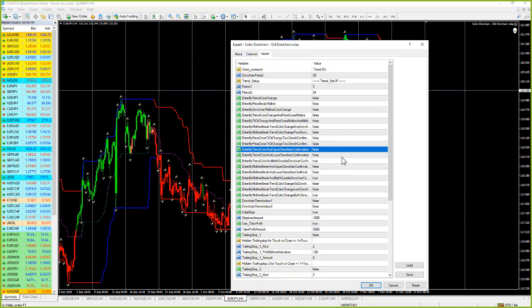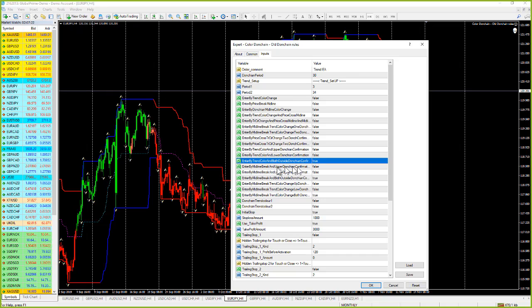All of these will be a way to activate the EA. Like I said, I still need to get the information on it, but I'm going to put it to the test. Trend color change confirmation, both outside. So that's the entry. This one should be both, but anyway,